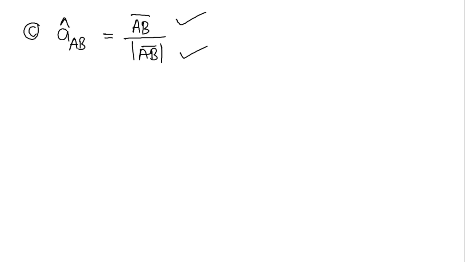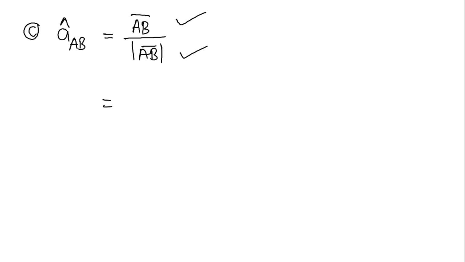In part C, we need to determine a unit vector directed from point A to point B, and it is denoted like this. Any unit vector can be determined just by dividing the original vector, for which it shows the direction, by its magnitude. So I put AB bar in the numerator, whereas in the denominator I put the magnitude of AB bar.